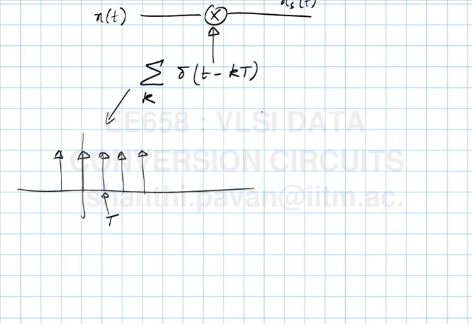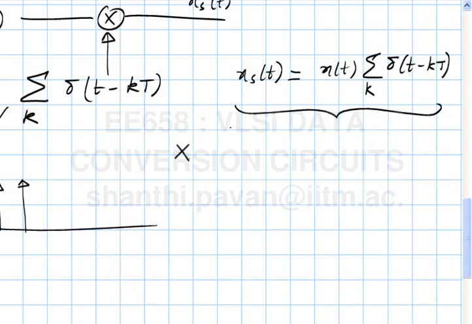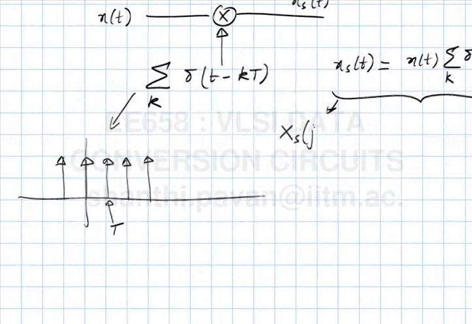And xs of t, the multiplied waveform, which is the product of the continuous time signal and the Dirac delta train, is x of t times the sum over k of delta of t minus kT. Right? Now, this therefore means that the spectrum of xs of t is given by,